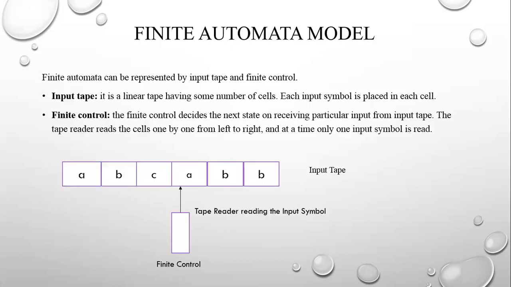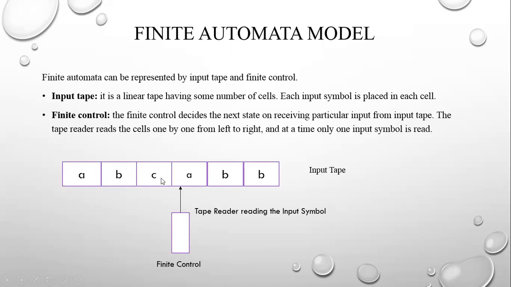Now, the finite automata model. The finite automaton can be represented as an input tape and a finite control. In this tape we divide into blocks, and each block holds one input value or input alphabet.